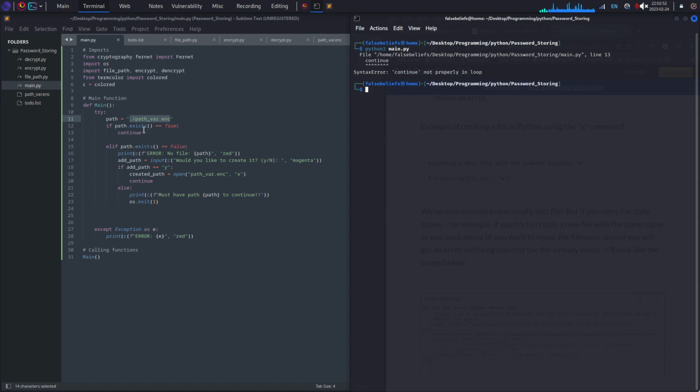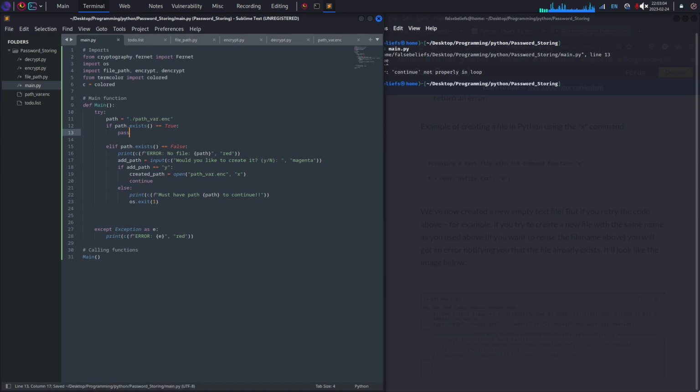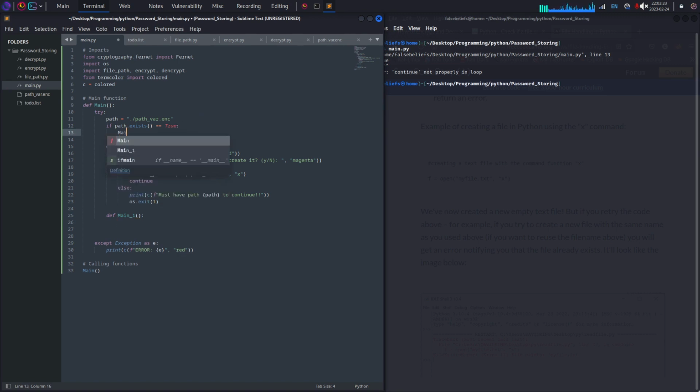If .path exists equals true, maybe we can just do pass. I don't want to have to define a function, but if I have to, I will. It's got to be here, def main1, just to keep it simple, and then we'll just main1. So if it's true,